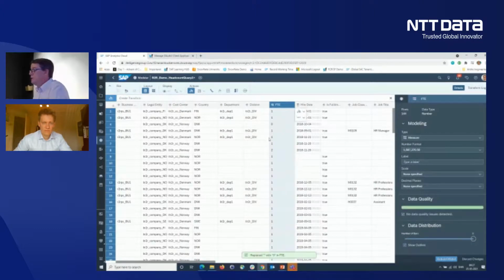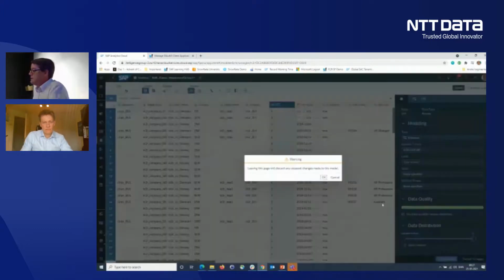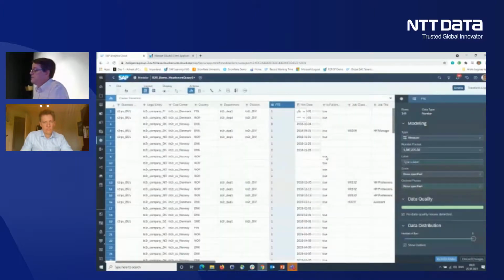And then once I've finished building my model and doing the data wrangling, I can simply choose Save Model, and then I would have built the model I can use in my stories. Or I can simply discard the changes that I made and revert back to the model I already built here. So